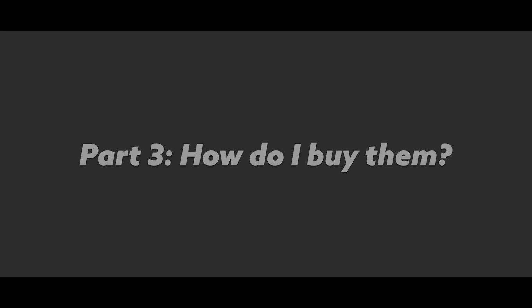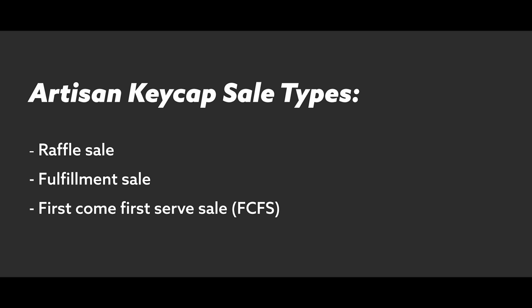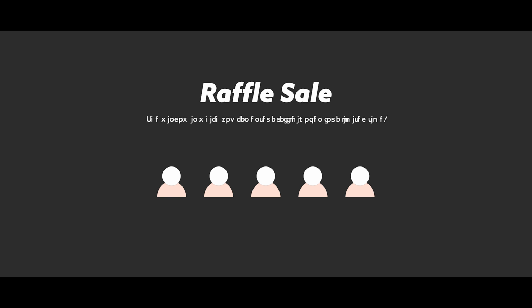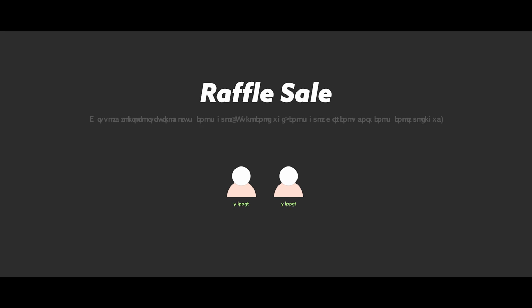There are a couple different types of sales that artisan makers usually have. I'll be covering the ones that I feel are the most common, so don't view this as an exhaustive list. I think the most common is a raffle sale. A raffle sale works by having everyone interested in purchasing the keycap enter into a pool, with entries generally being open for some number of hours. The maker then will randomly select a certain number of winners